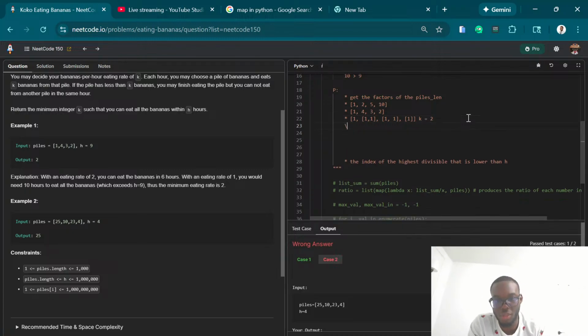So it's gonna be something like, okay, I'm trying to visualize what am I actually doing. What I'm doing is I'm using a factor, so I'm going factor by factor, a factor of the length of the whole list, right? To see how many times it could divide that number in the pile, right? And so for example, 2 will go here,